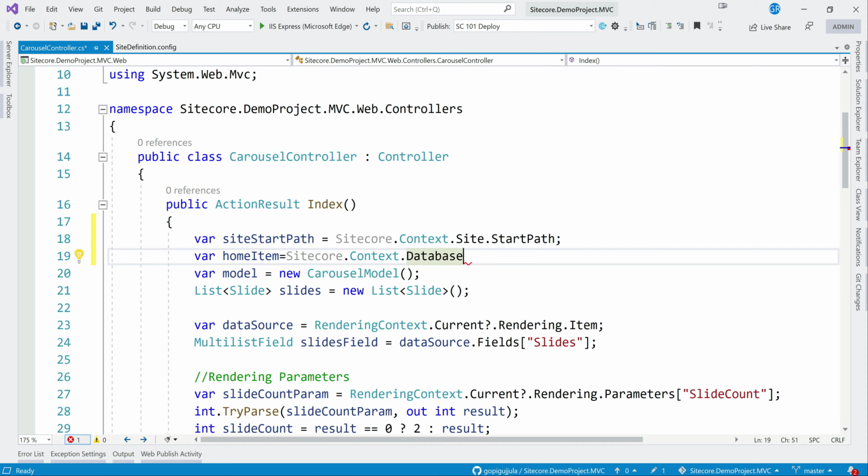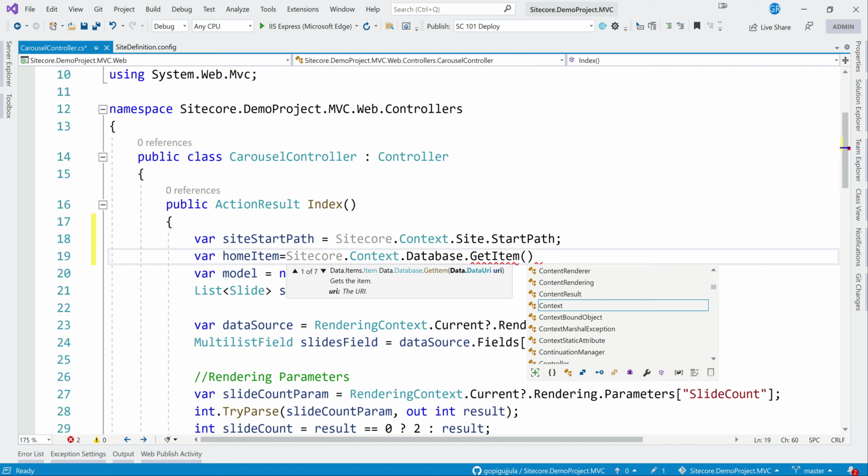If you are browsing the website on the live site, that will be the web database. But if you are browsing in preview mode or experience editor mode, this would become the master database. So better not to hard code it, just use the context database and you can get the item. You don't need to write any SQL or anything.